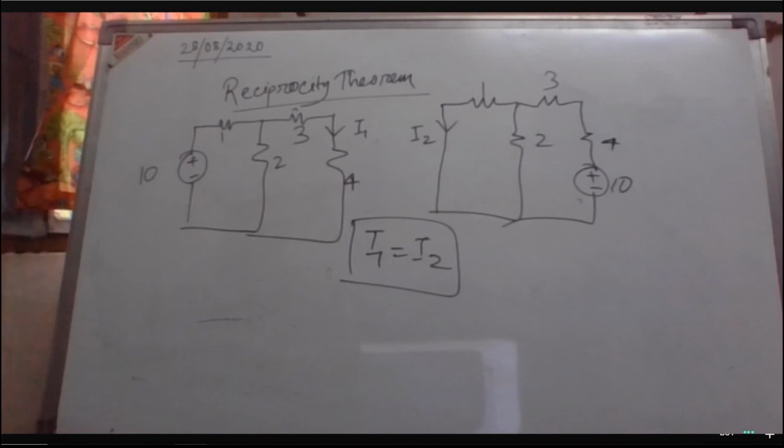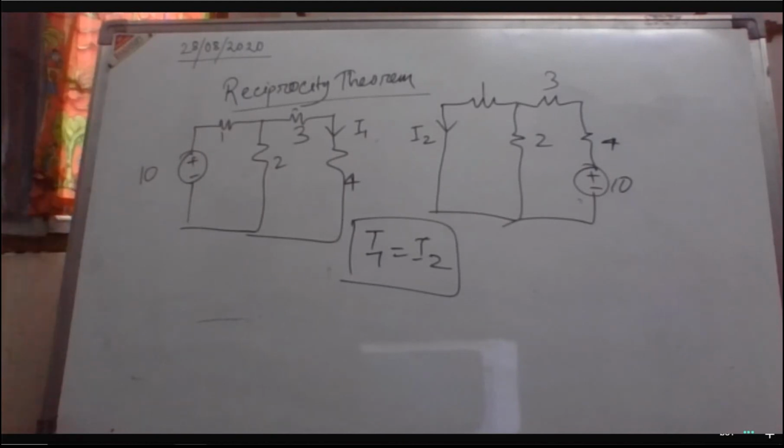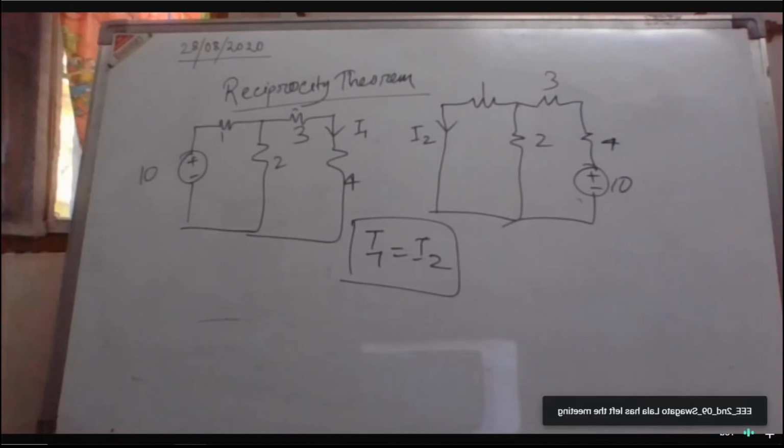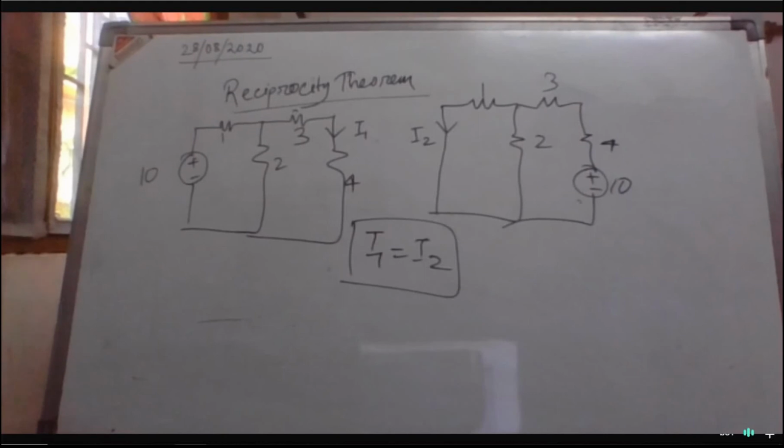Have you understood? Yes, sir. You can solve this example also. If I1 and I2 are the same, you can use any formula or technique, either nodal analysis, mesh analysis, or the current divider rule. That is up to you. But if this happens, it is the proof of the reciprocity theorem. In the statement of the reciprocity theorem in the book, you will find it a little confusing because one source is replaced by another, so I have just shown you an example.